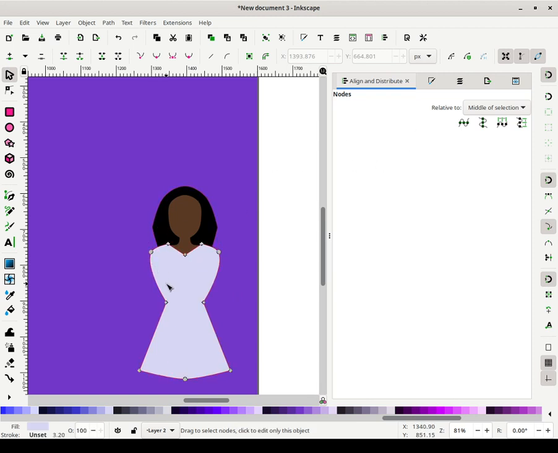I don't normally design people so quickly, so I'm pretty proud of myself for that. I mean, it is kind of low poly, but it still looks pretty good.